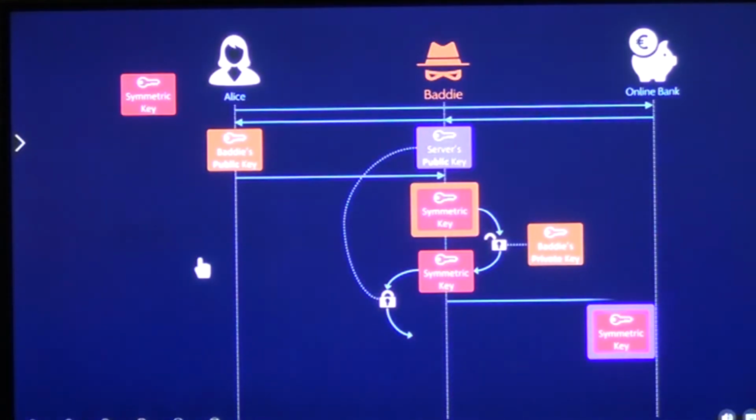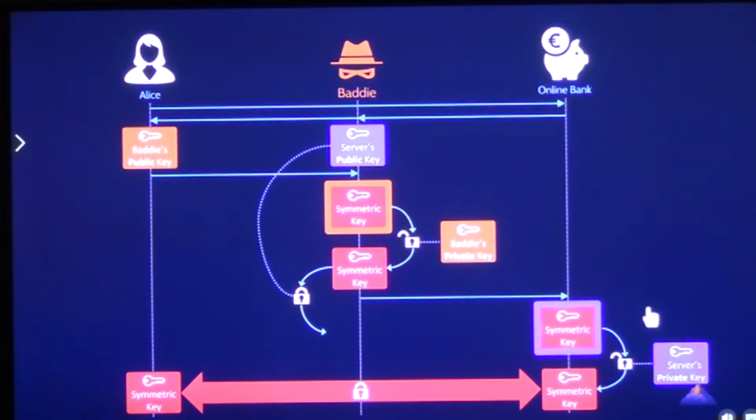अब ये बैंक की तो है नहीं, ये बीच में बैठा हुआ है, ये वो की पकड़ता है, and then it just decrypts that, and then it goes, because it is connecting with the bank at the back end on your behalf, so it gets the bank's public key and it encrypts again the symmetric key using the bank's public key and sends it to the bank. बैंक अपनी private key से उसको खोलता है, and now 3 people have the keys, the symmetric key: you, the man in the middle, and the bank.